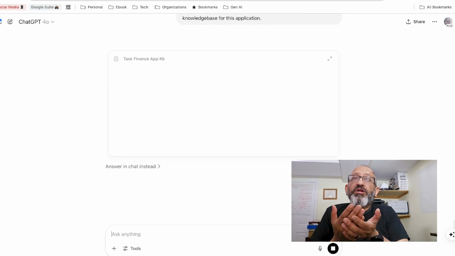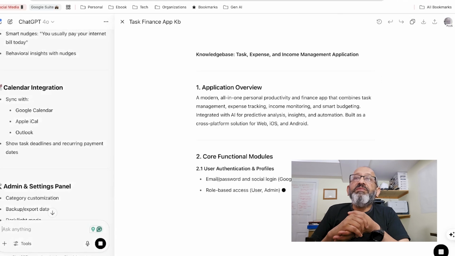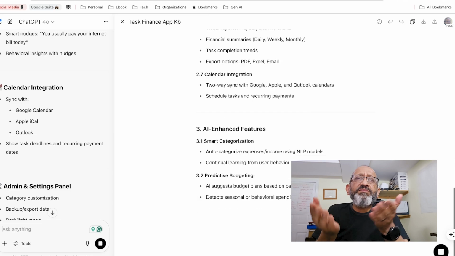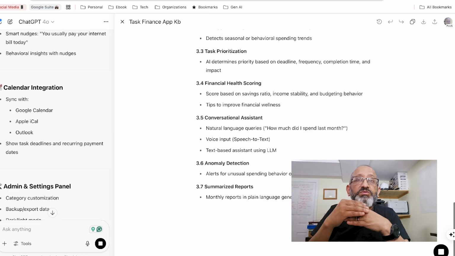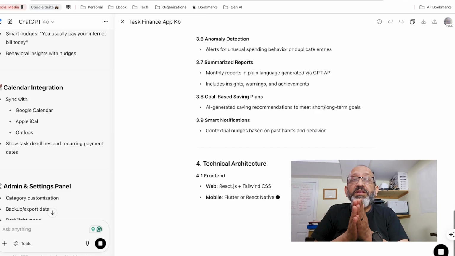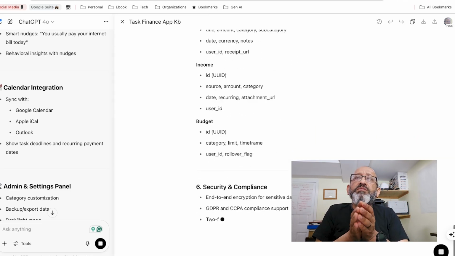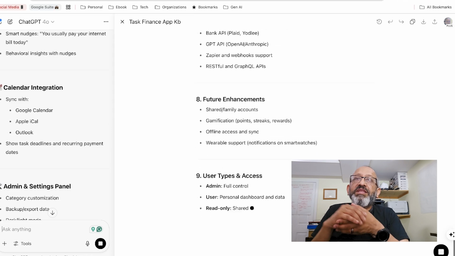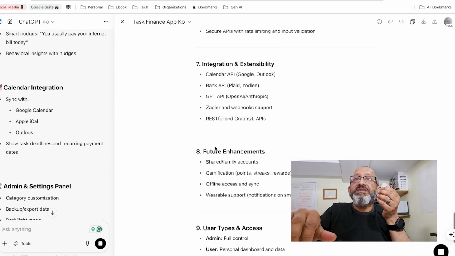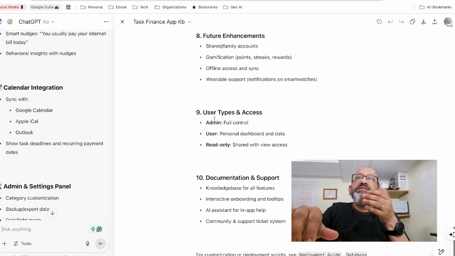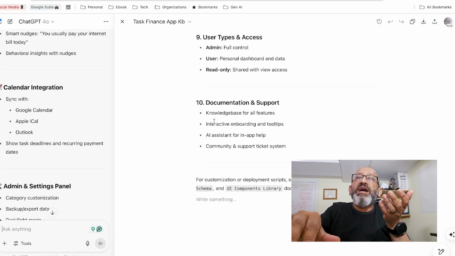Okay, so I need a knowledge base because it is going to be extremely important for making sure that I capture everything in case I miss something, because sometimes you have context window issues that I'll talk about in another video. Sometimes it is incomplete, you have to go back. So I always refer back to this knowledge base that provides the technical and functional details. You can see that it provides me security and compliances, integration, extensibility, various other components of it. So what I'm going to do at this moment, I will come back